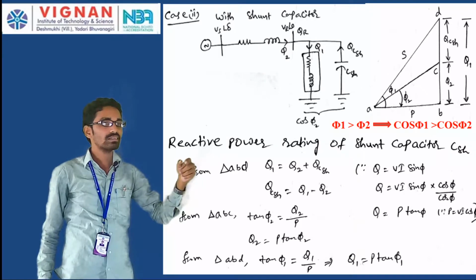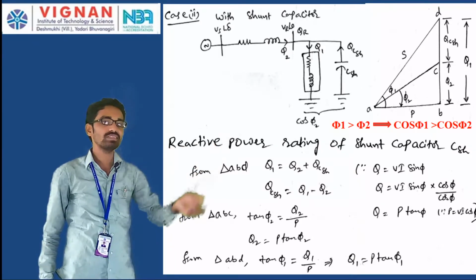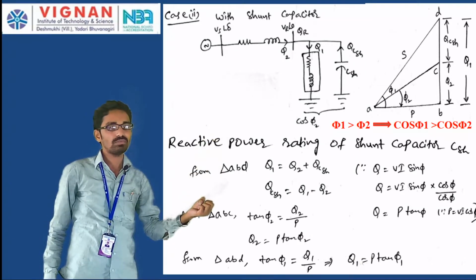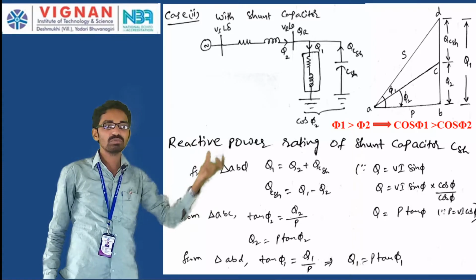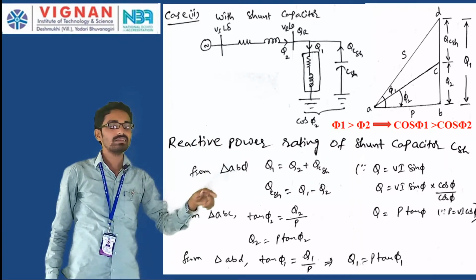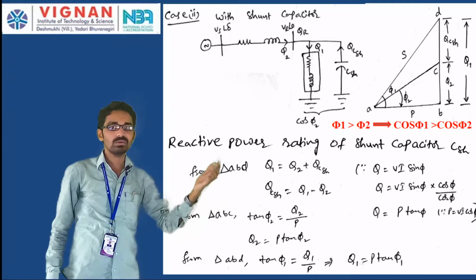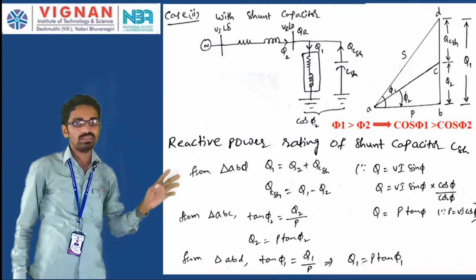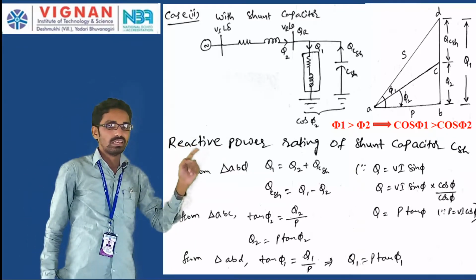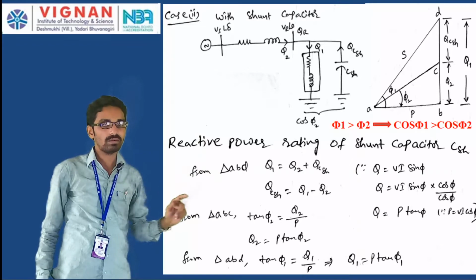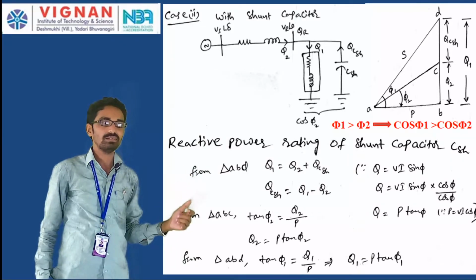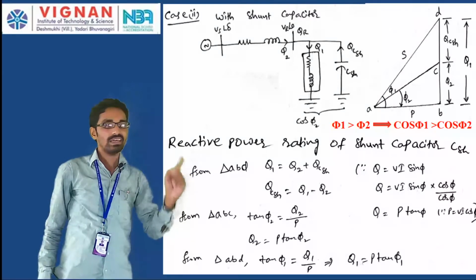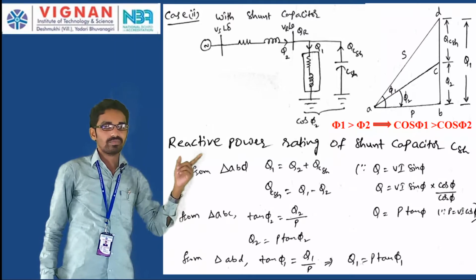That shunt capacitor is going to supply the reactive power which is in the opposite direction to Q1. As Q1 is absorbing the reactive power, that is, the load is absorbing the reactive power Q1, but the shunt capacitor is delivering the reactive power to the receiving end side. That means the arrow mark is on the upper side, right. QCSH I am considering here, whatever the shunt capacitor reactive power is, that shunt capacitor reactive power is QCSH, that is delivering, right.